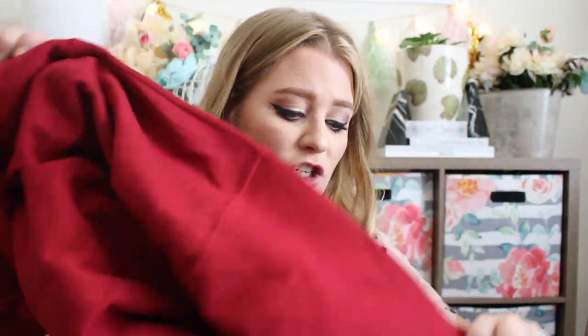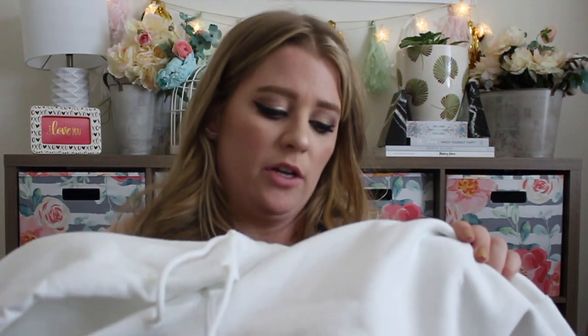We have the color Cardinal Red, which is actually a little bit more on the red side than the t-shirt. The t-shirt, like I said, has quite a bit of purple in it. It's more like a maroon, but the Cardinal Red sweatshirt is much more red, almost on the pink side of it. And then of course, they didn't have an oatmeal hoodie. I did do a white hoodie, so